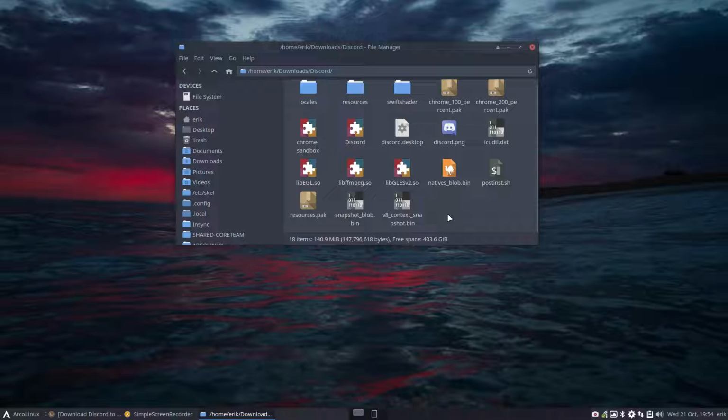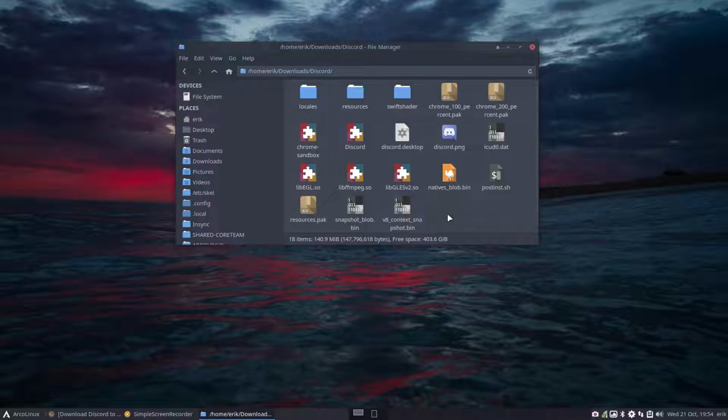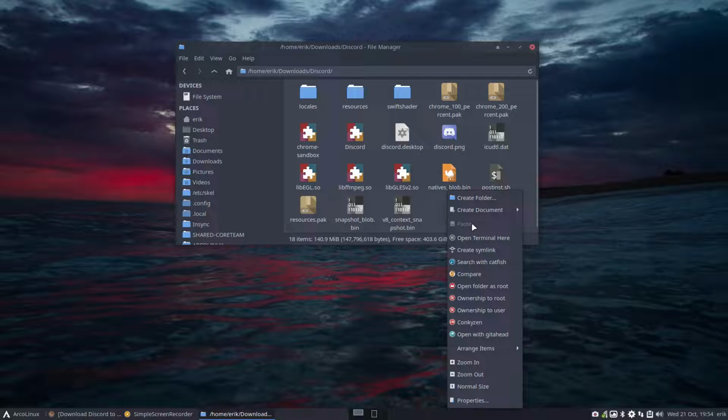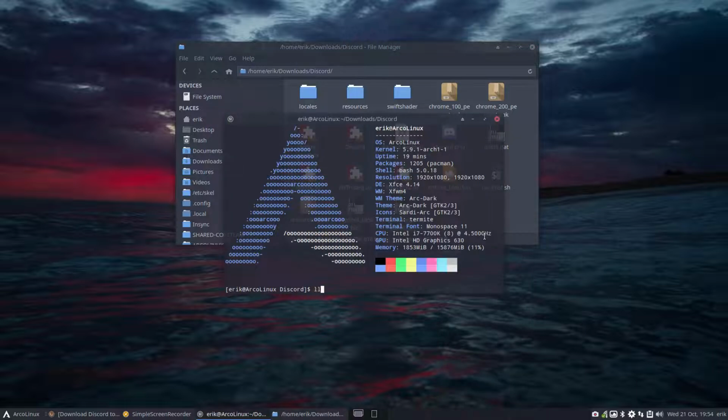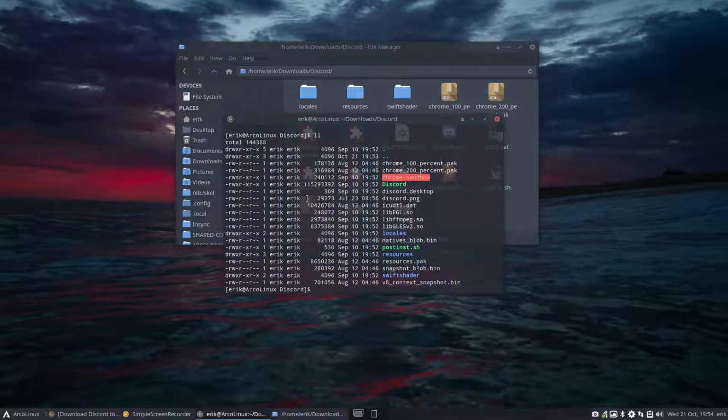There is no makefile, make install, or sudo make install, or there's no actual readme anywhere either, but we do see a Discord. And if you want to know as well, ll, right? So there is something with an X. X means execute.